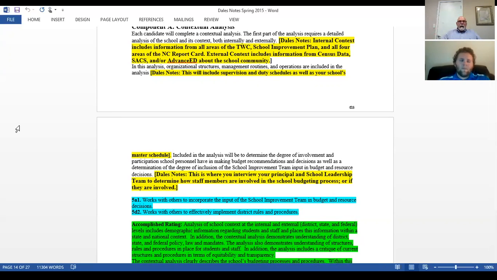Good question. And then the last thing that you do for Part A, and this is very important, is you interview your principal and school leadership team. I don't like it when folks interview the school secretary, the financial secretary. That's not who we want. We want you to interview the principal and the school leadership team to determine